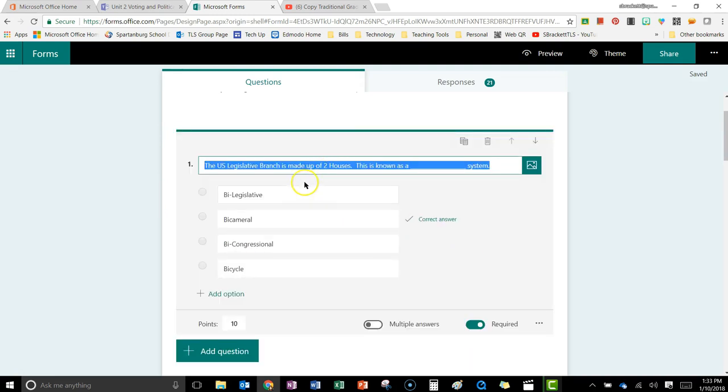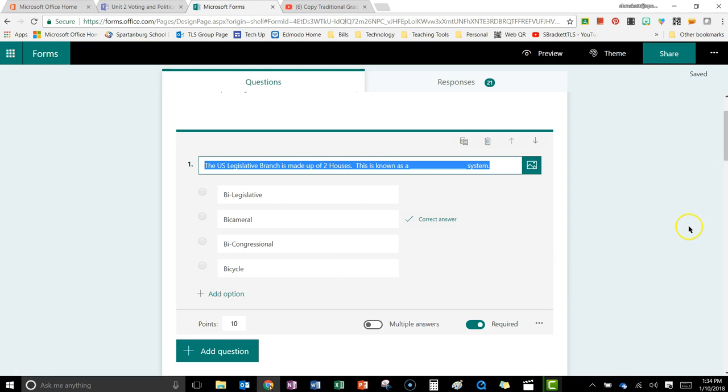Also, another important thing to keep in mind when creating a quiz or a test is you do need to assign a point value to each question, and you do want to make sure that that question is required. So one neat thing is once you set up a format of question, answer A, B, C, D, etc., 10 points and required, you can then copy that information however many times for that number of questions. So if you have a 10-question quiz, all are going to be 10 points each, all are going to have 4 choices, all are going to be required. You can just go ahead and copy that information and then go in and change each one of the questions